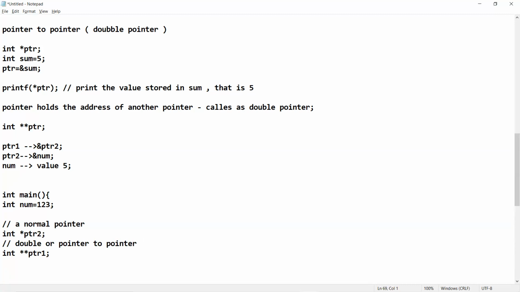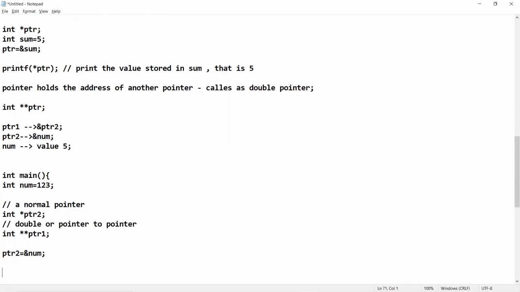Now assign the address of the variable: ptr2 = &num. Now ptr1 = &ptr2.